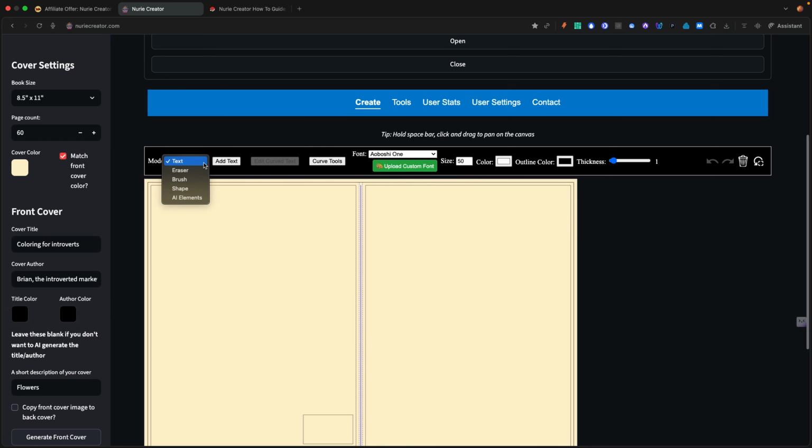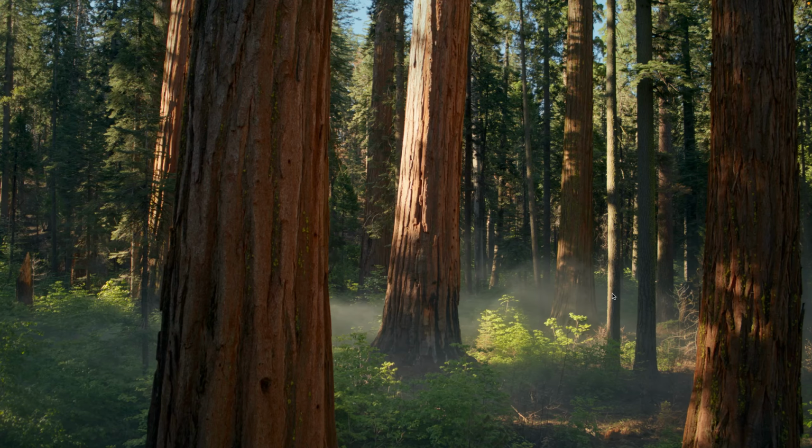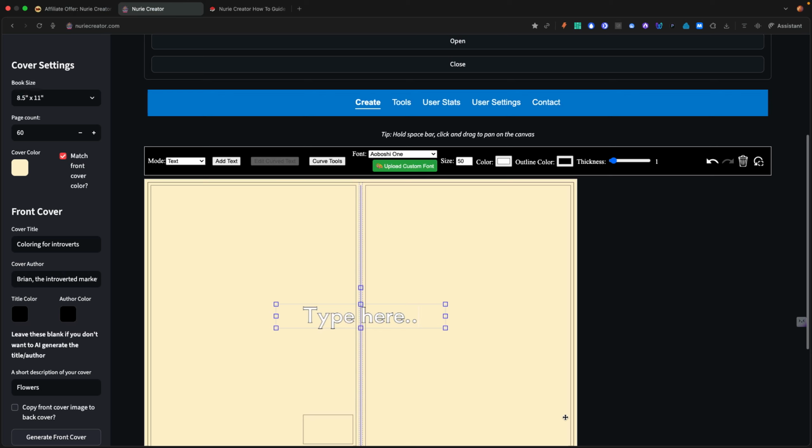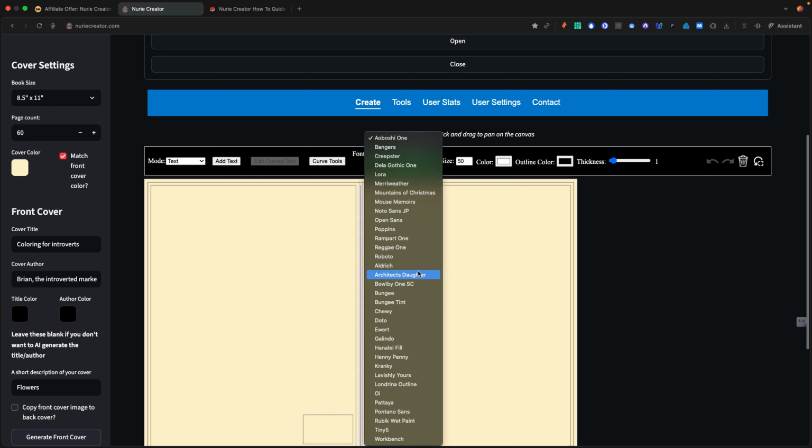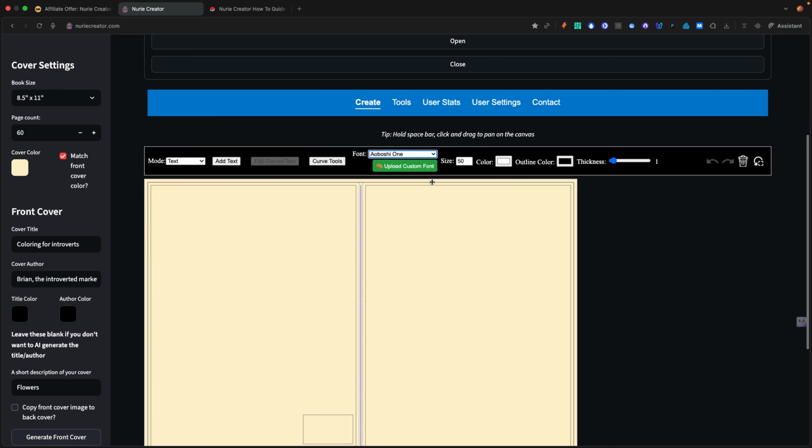And with the text, we can add text. Of course, we can type here if we want to completely customize it ourselves. Or we could just delete everything, choose a different size. We can upload custom font. They have curve tools and a whole bunch of different fonts that we could use. But you could also upload your own font, change the outline color, you could change the thickness, or as you can see here, I put this all here just to show you